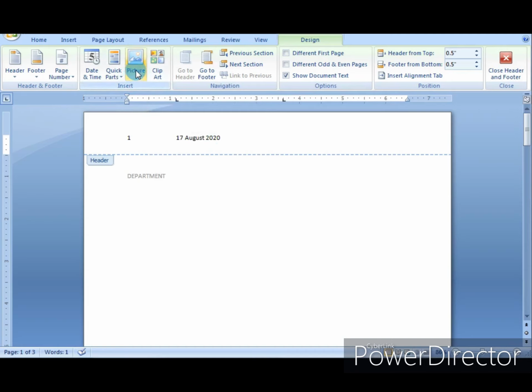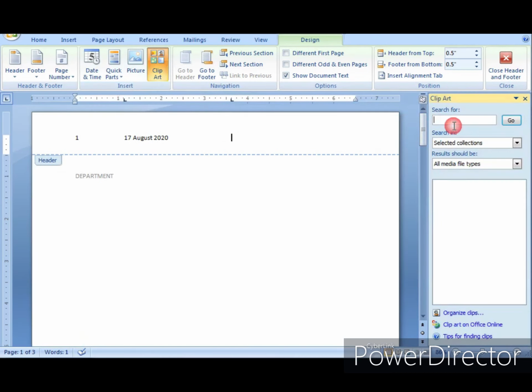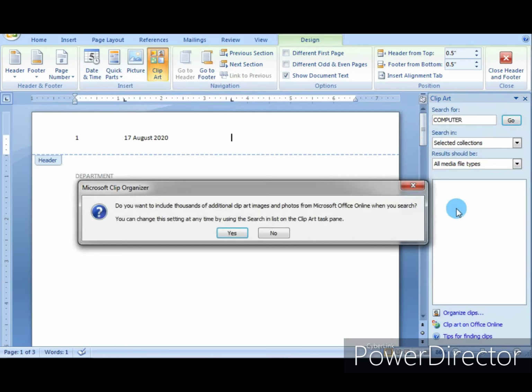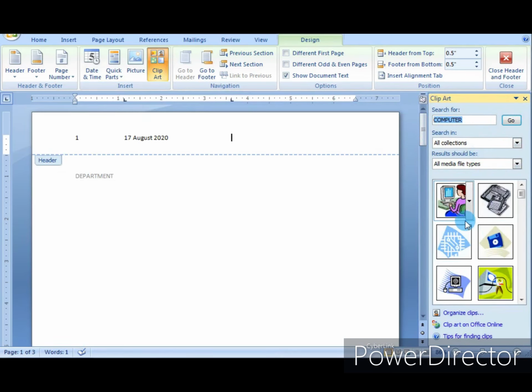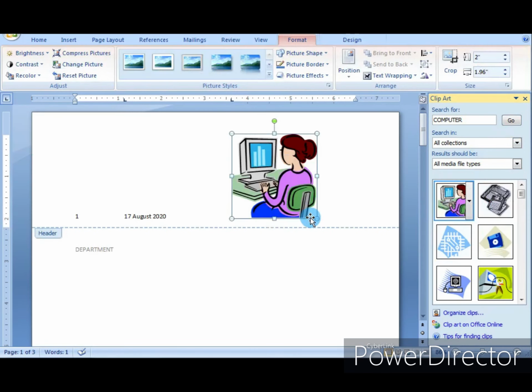Now same as I insert picture, I can also insert the clip part. Drag to position it.